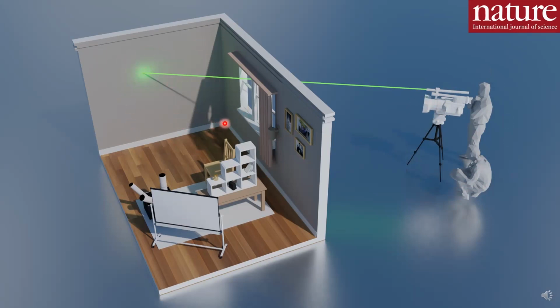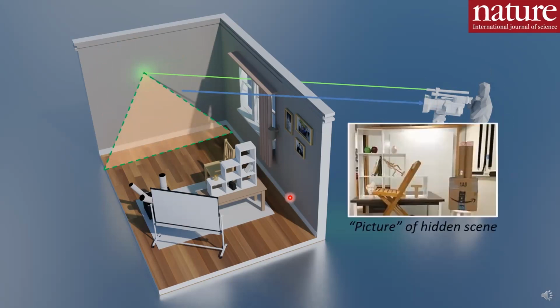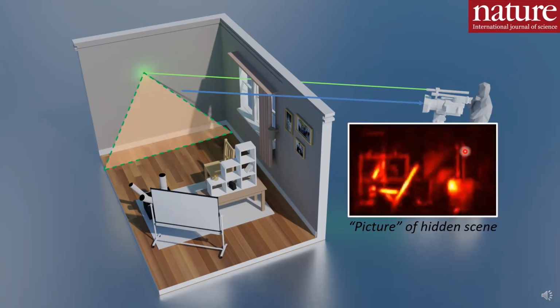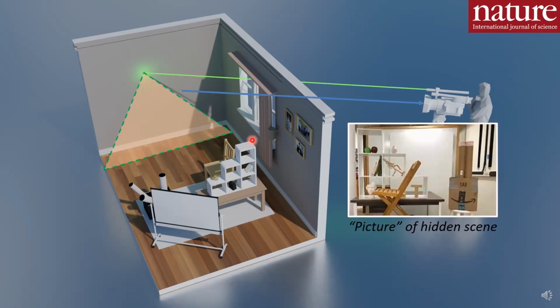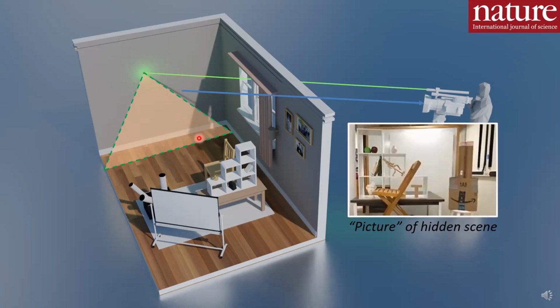So the objective is to be able to send light into the room. If you send a light pulse here, to reflect off the wall, travel into the room, and the light would then eventually come back to the wall, and you would like to look at the patterns that this light makes when it comes back out. And from those images, you want to reconstruct an image of the room. Here's an example of a photo of the scene in our lab and our reconstruction of that scene. So the goal is to reconstruct an image of the hidden scene through this indirect illumination, and basically to see around corners.